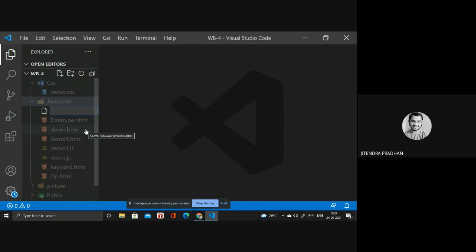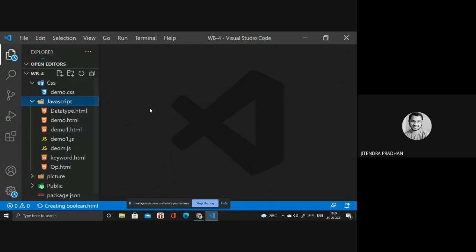You can call it boolean.html. Wait, it's created.